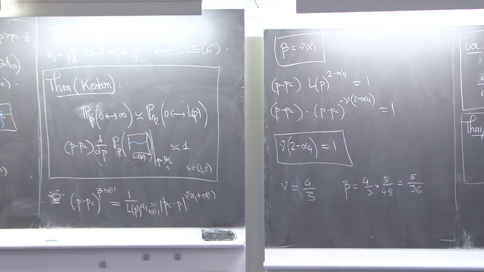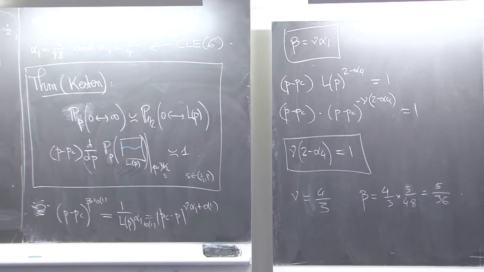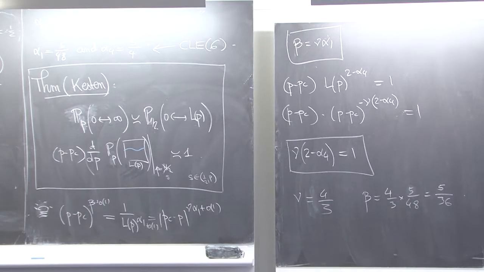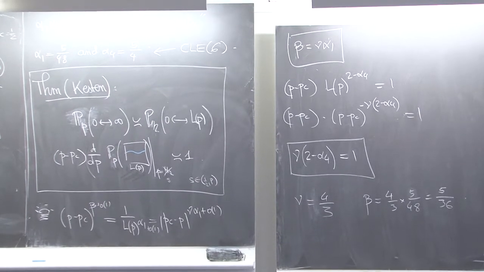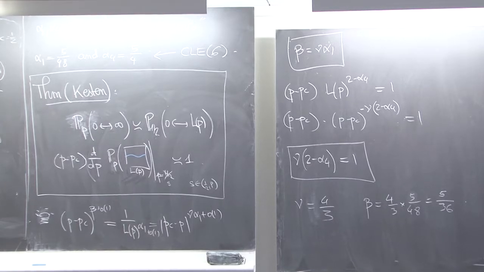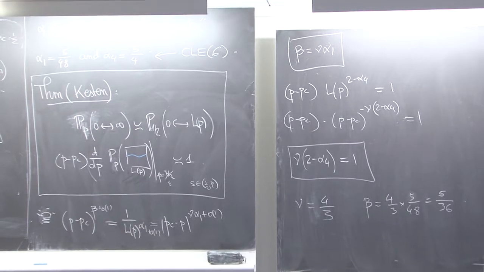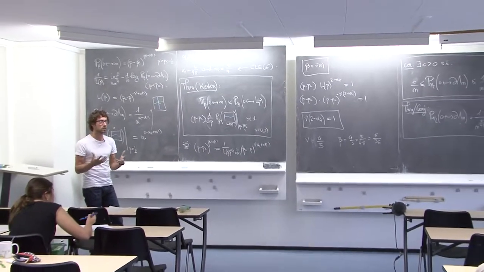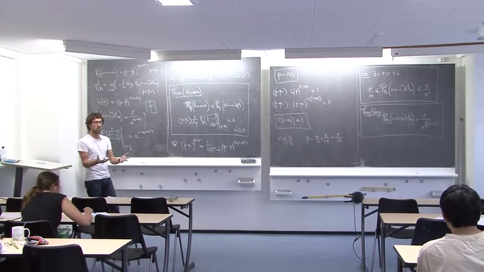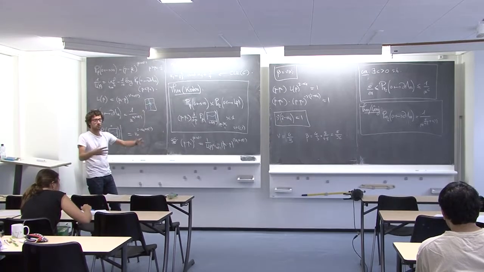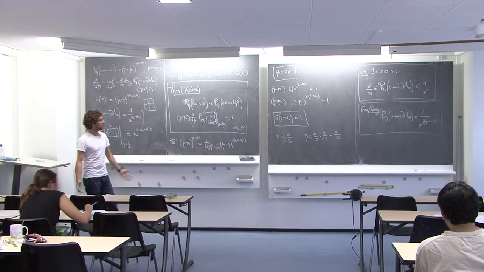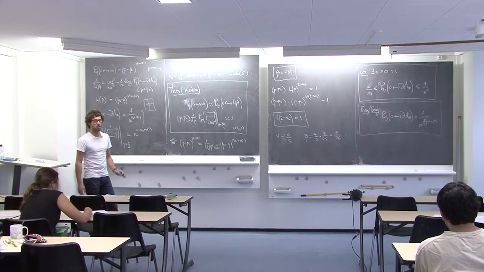Okay? So this is an example of an application of the Russo-Seymour-Welsh theory. There are many, many, many more. There's basically not a single theorem about critical percolation in 2D which doesn't use Russo-Seymour-Welsh at some point. So this thing that seems so natural and so stupid somehow, like, okay, well, of course if you cross squares you are going to cross rectangles and so on. Without that you cannot do anything basically. It's really the core, the heart of the theory.